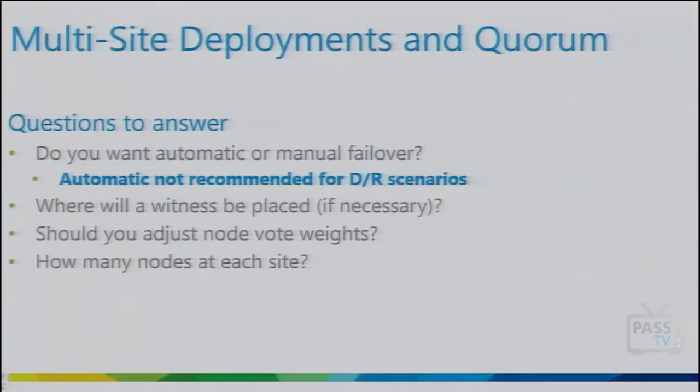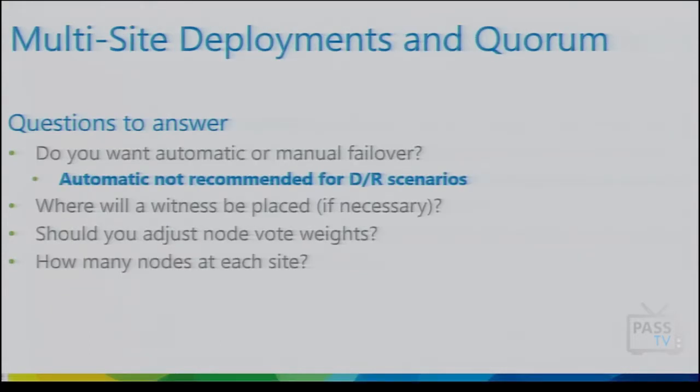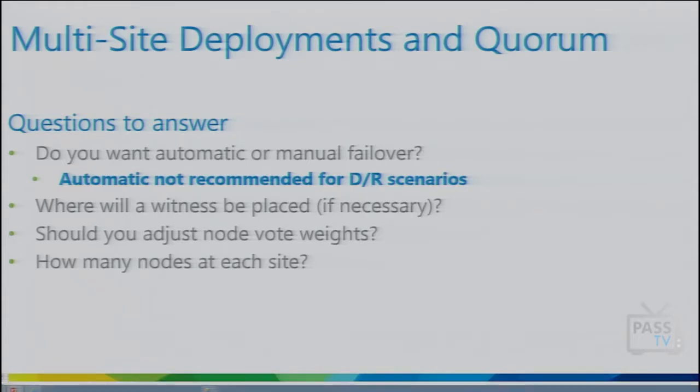So now let's talk about multi-site, because it's essentially the most problematic when we talk about quorum. Kind of like I was saying earlier, as somebody who works with customers a lot who do disaster recovery, all of them will say, yeah, I just want it to automatically flip over. I've got a data center in Seattle. I've got one in Chicago. If Seattle goes offline, I want to flip to Chicago automatically. You want to run at that point, because I can tell you things will be screwed up if you let that happen. So when we flip data centers, I always recommend that you do this in a controlled fashion, because